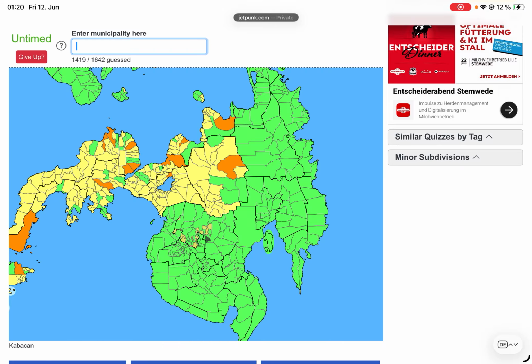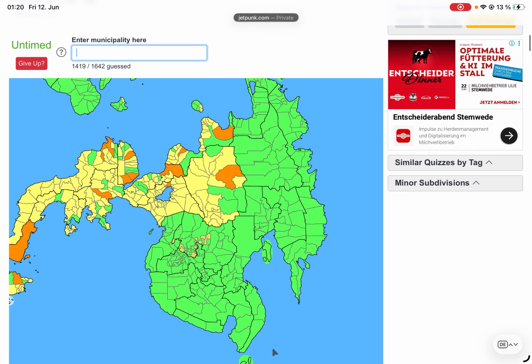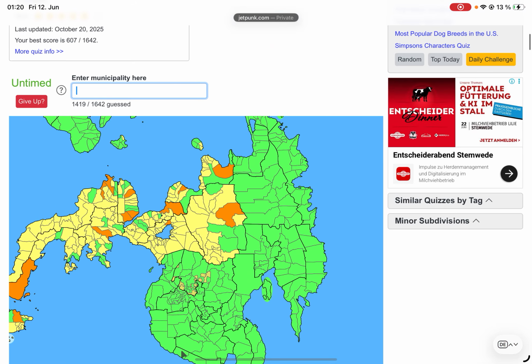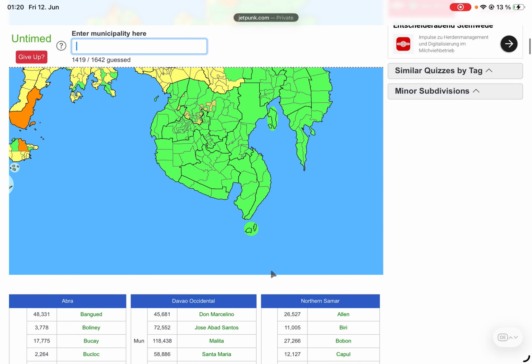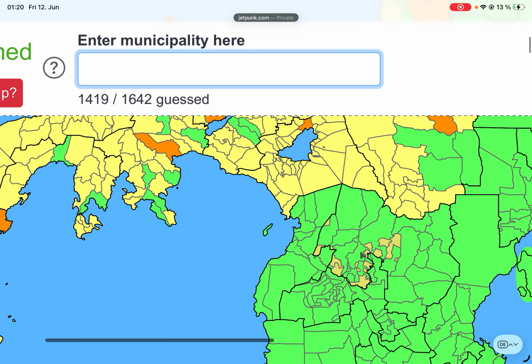But yeah, so now we can also name these remaining municipalities in the, where can I zoom in more? These remaining municipalities in the province of Cotabato, which are technically part of the Muslim Mindanao Bangsamoro region. So these are Ligawasan, here in the eastern part. We have Kapalawan, we have Mali de Gao,